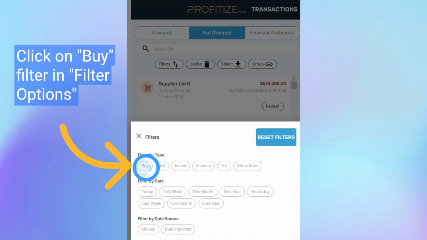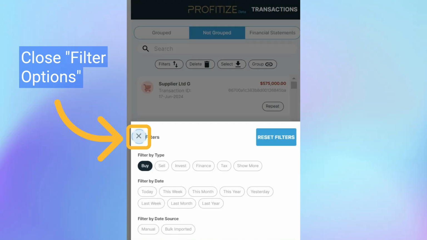In the Filter Options menu, for example, click on By Filter to view only the transactions you entered in PROFITIZE as buy. Click on X button to close Filter Options menu to view your buy transactions in the Transactions List view. If you want, you can drag the right scroll bar up and down to view summaries of your transactions